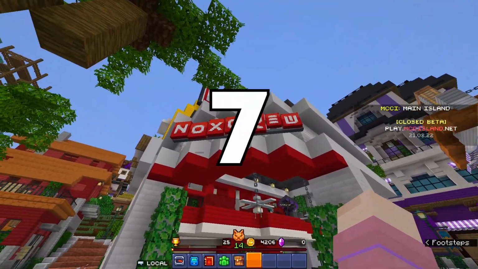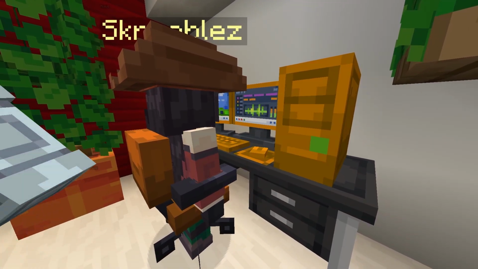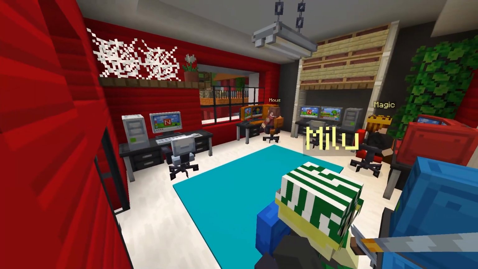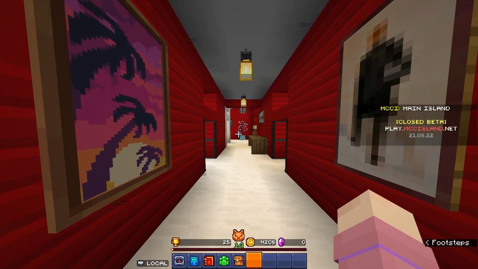Number 7. Noxcrew HQ. A really cute addition to the island is the Noxcrew headquarters. In real life, to my knowledge, all the team work remotely, so it's really cool seeing them imagine a shared space. But the reason it's made its way into this video though is because there's a hidden vendor at this location. So this is where you can find it on the map,